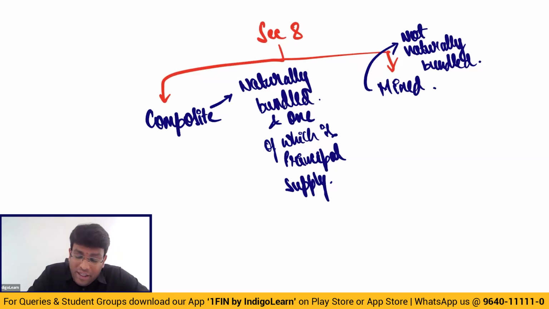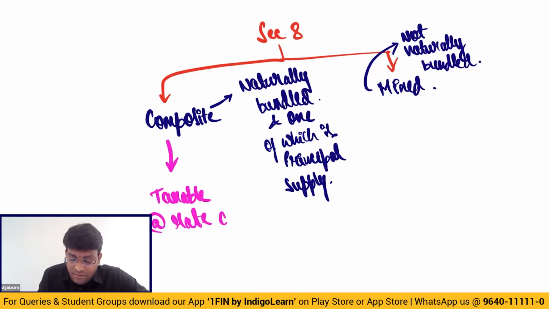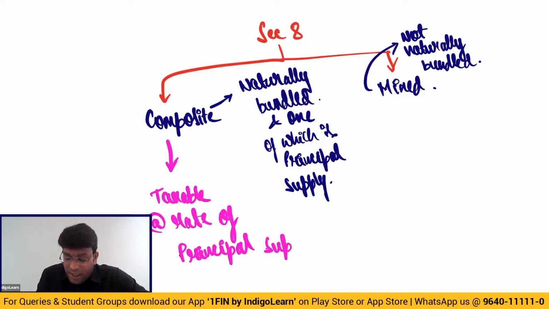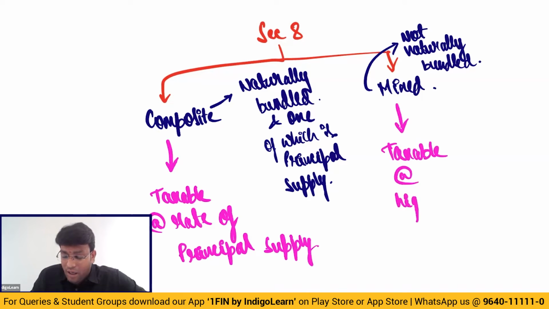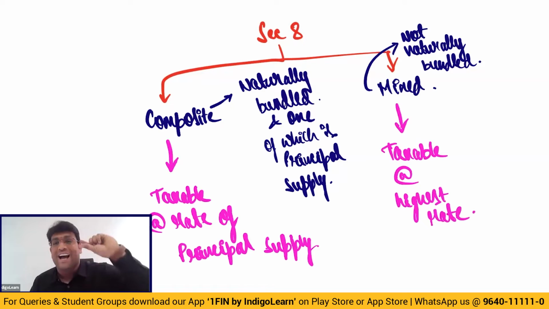So they told in the law very clearly, an interesting point: composite supply is taxable at the rate of principal supply. I repeat again, my dear friends, composite supply is taxable at the rate of principal supply, whereas mixed supply is taxable at the highest rate. So in that box of cashew, almonds and pista, whichever tax rate is highest,